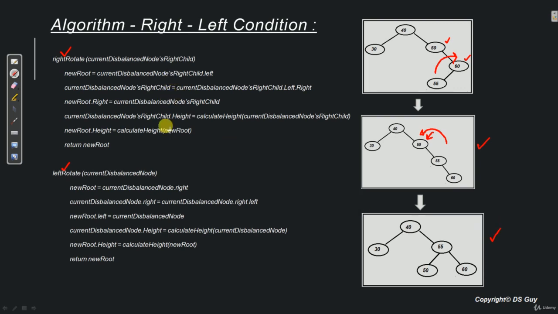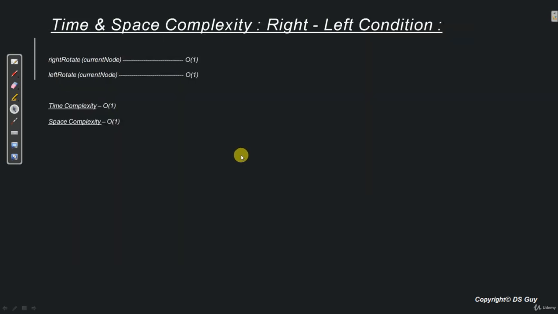Now the entire algorithm is exactly the same as what we have learnt till now for all the different conditions, that is left left, left right and right right. So we'll not go into this. Please pause this video and do a quick dry run on this and see if you have understood this algorithm. I'm sure it is very simple. There is nothing much which will create a problem for you. Fine. Now coming to the time and space complexity of this algorithm, it is again order of 1 because we are doing some change in references, nothing more than that. So both time and space complexity are order of 1 each.